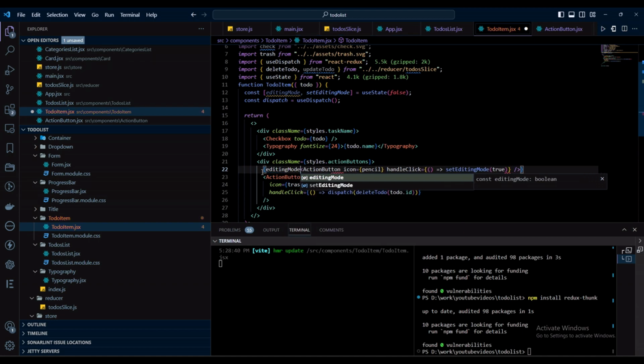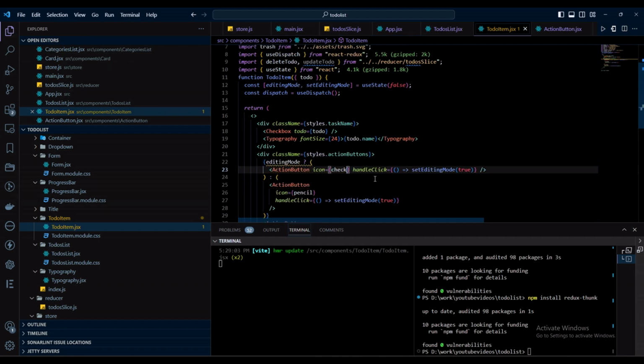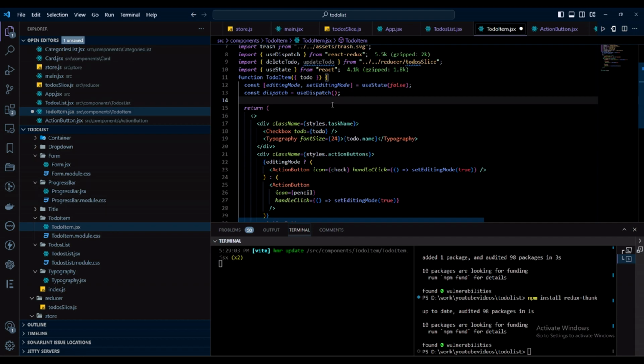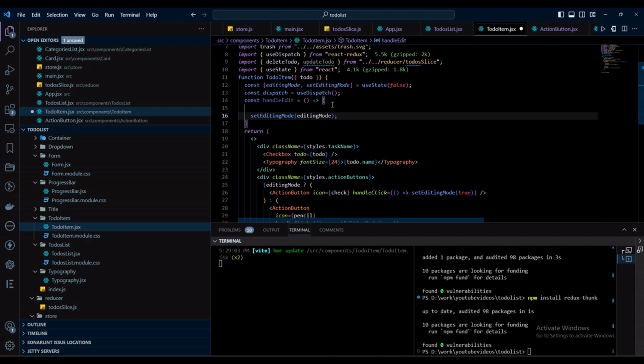In case we are in the editing mode, I would be rendering the action button with the check icon, and I would do const handleEdit equals this, and set editing mode to false,